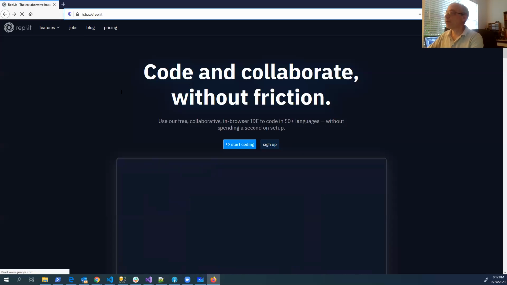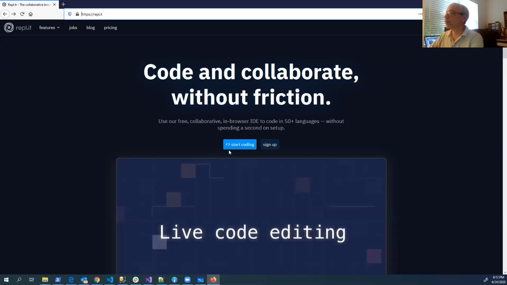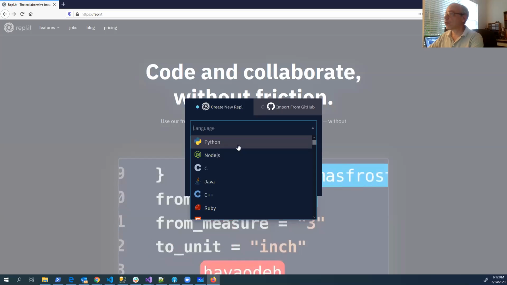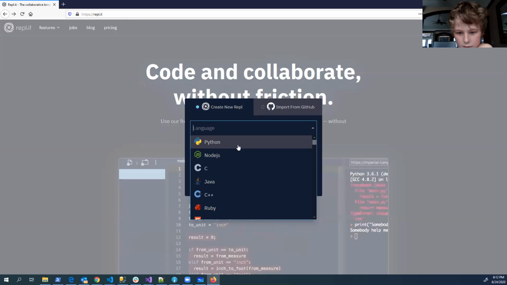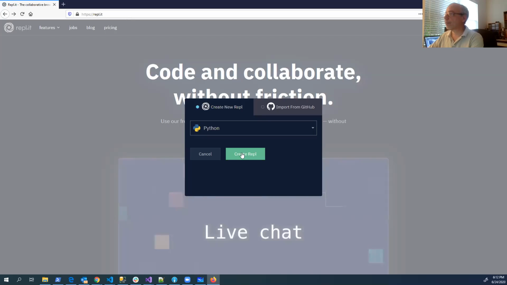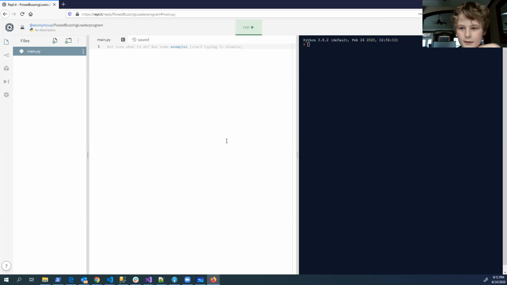You don't have to sign up, you don't have to log in. You just click on start coding, and then it gives you a choice of different languages. Python, yep. And then click on create REPL.